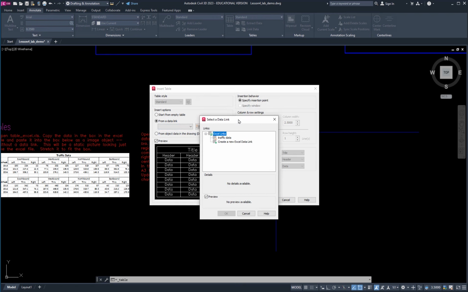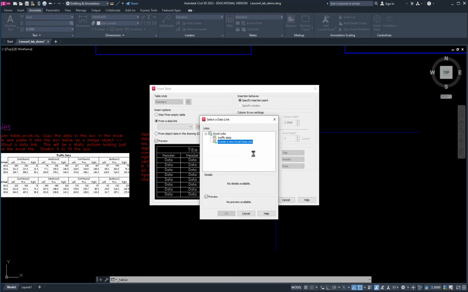And within Microsoft, they have an OLE. They call them links. Object linked something or other, OLE. And so it's pretty smart. And AutoCAD knows how to work well with Microsoft and with Excel. And so I'm going to go to an Excel data, and I can make a new link. Well, I already found my file. You're going to have to click here, give it a name,